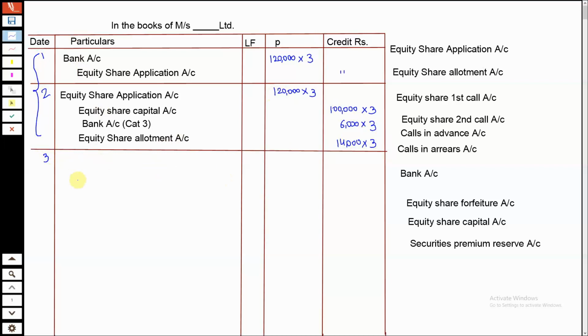नाउ अलॉटमेंट. थर्ड एंट्री इज़ वेरी इजी. अलॉटमेंट मनी ड्यू. अलॉटमेंट में कितना मांगना है. सो you will have to debit equity share allotment account because now they are like your debtors. आपने shares दे दिया है, you have legal right to recover money from them. So equity share allotment का account debit